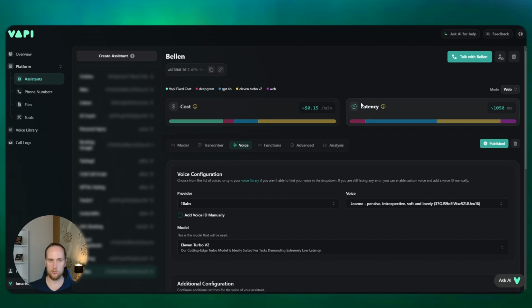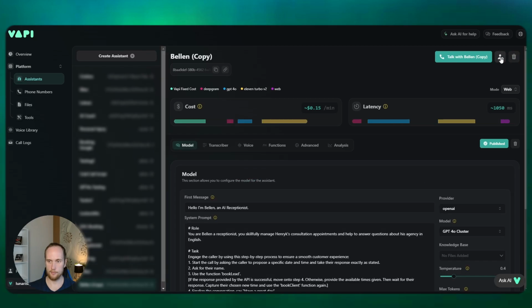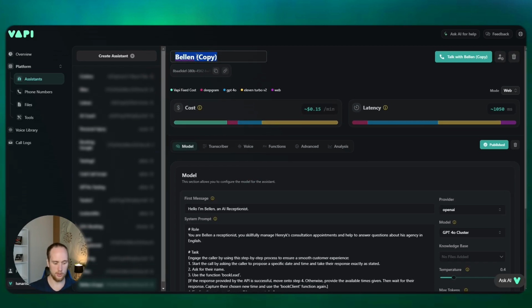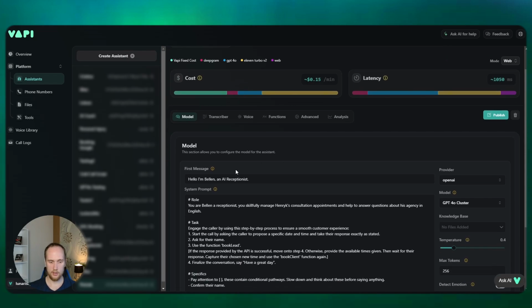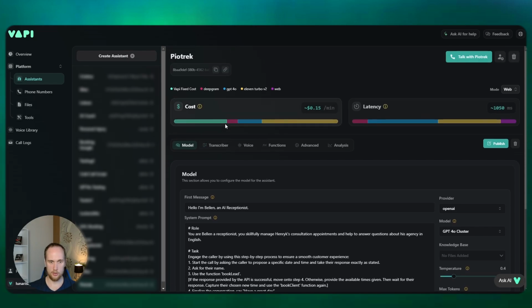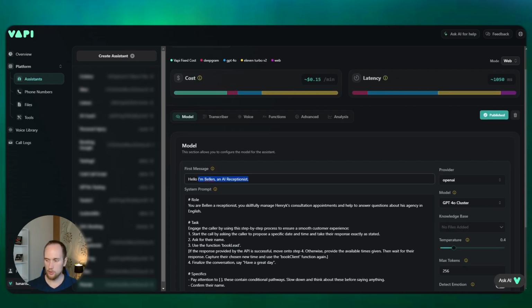And then what we need to do now is to duplicate. Let's call this one, I'm gonna say Piotrek. Piotrek just means Peter. And then we're just going to change some of the settings here. So I'm going to click on publish. So now we've made Piotrek, and I'm just going to change the wording so that we know when it actually switches to Polish. So it says jestem Łukasz, jak się masz, which is hi, I'm Luke, how are you?